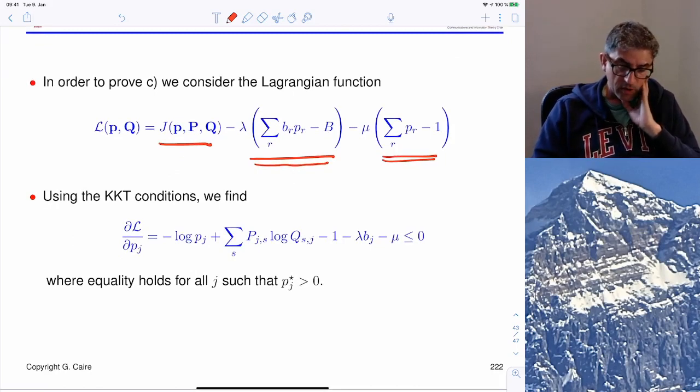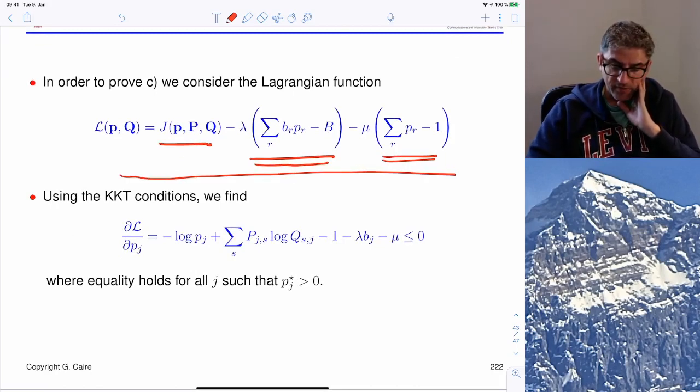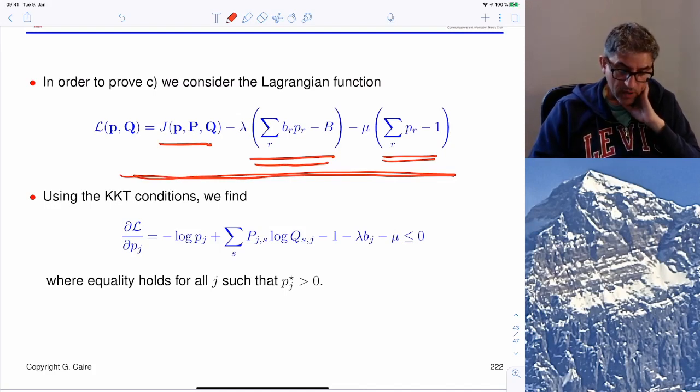Basically what we do first is, for this partial Lagrangian function, we find a stationarity point. So we differentiate with respect to Pj, which is the jth component of the vector P, and we find